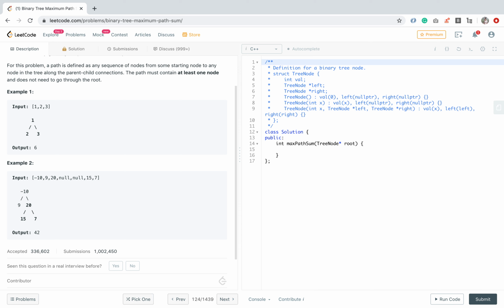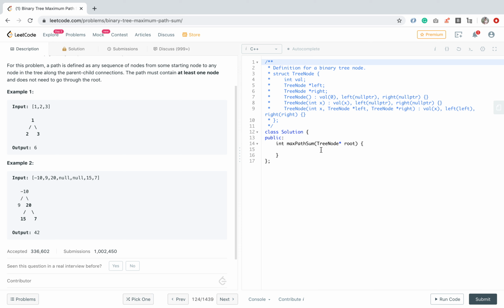So how can we find that? To get the maximum path, what are the conditions we are seeing here? One condition is that for a tree we include left child plus right child plus root. One condition we can check is, if both are negative, then only the node value. If one is negative, then we will consider node plus left child value. If the left child is negative, we will consider the right child value. So all these four conditions are there to basically solve the problem.